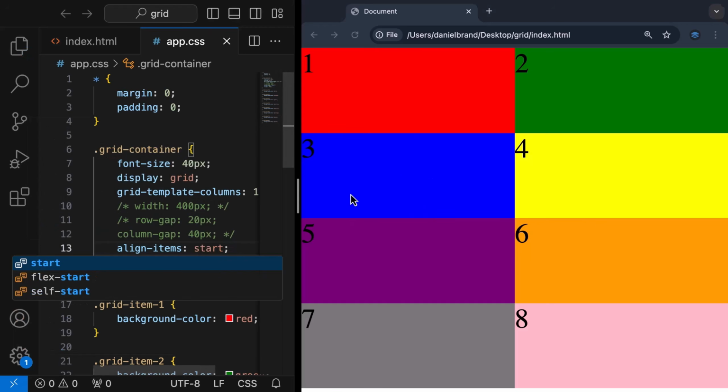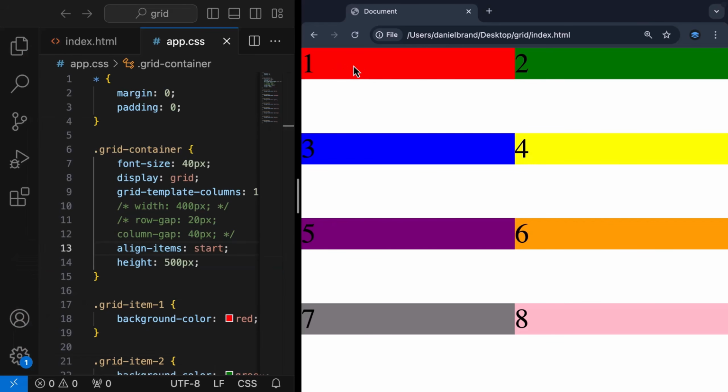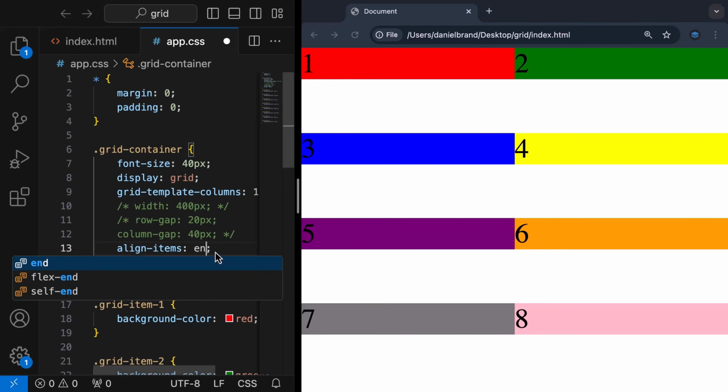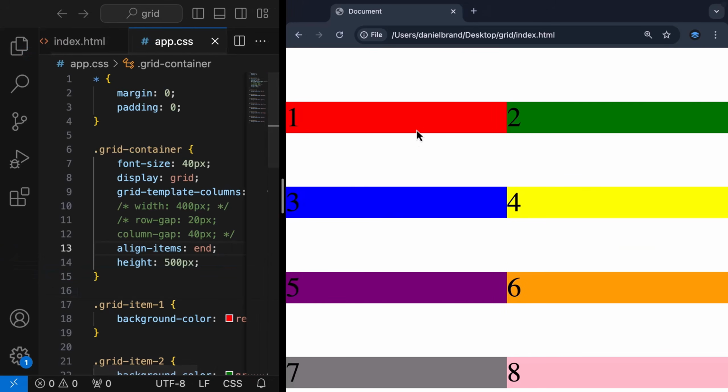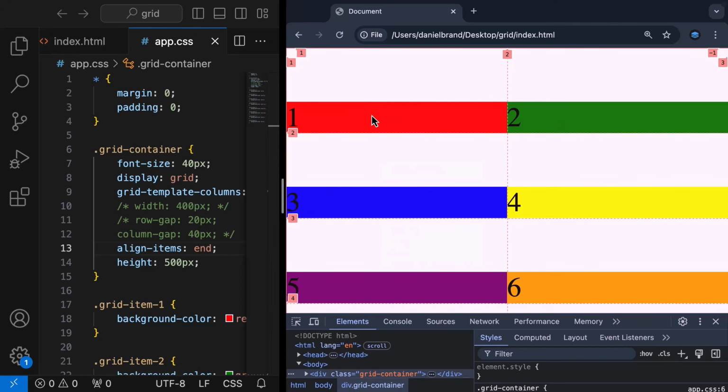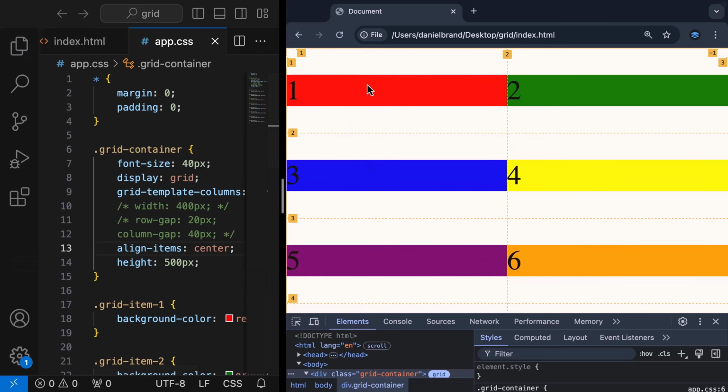I'm going to change this to start. You'll see that the grid item now appears at the start of each cell along the column axis. Let's change it to end. To better see this, let's open up DevTools. You can see that each grid item is now aligned at the end of each grid cell along the column axis. And the final value is center, where you can see the grid item is centered inside the grid cell